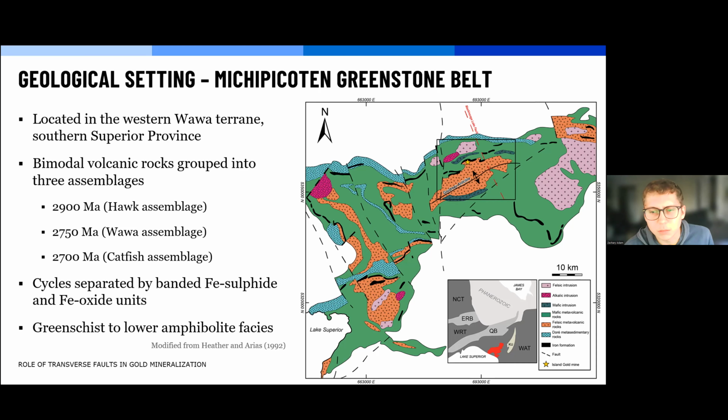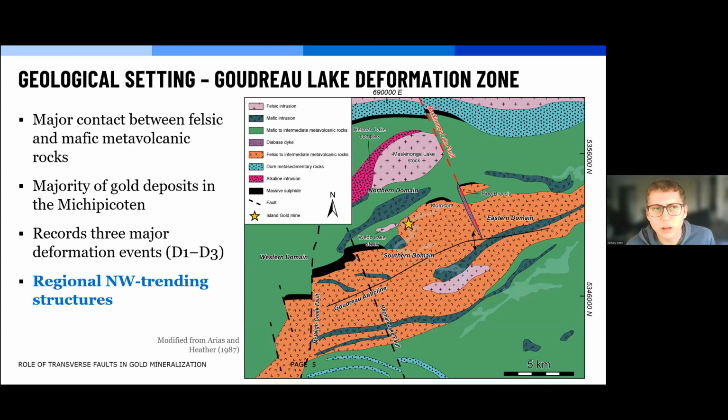And within this greenstone belt is the Goudreau Lake deformation zone. This is a sigmoidal deformation zone that occurs along the major contact between the felsic rocks and the mafic rocks. And many of the gold deposits in the Michipicoten Greenstone Belt, including the Island Gold Deposit here, the Magino deposit hosted in the Webb Lake Stock, and the historic Edwards Mine to the east, are all found in this deformation